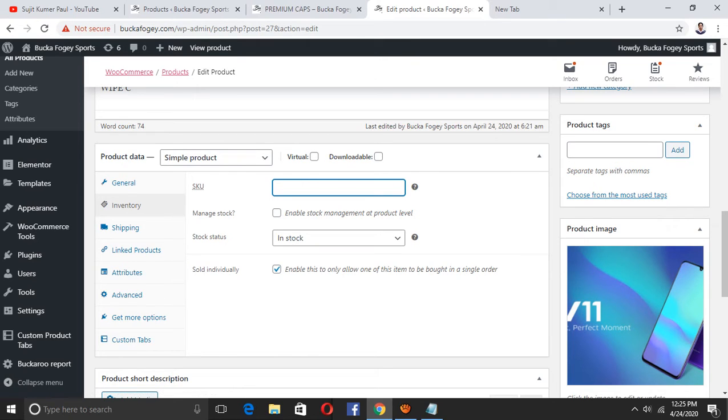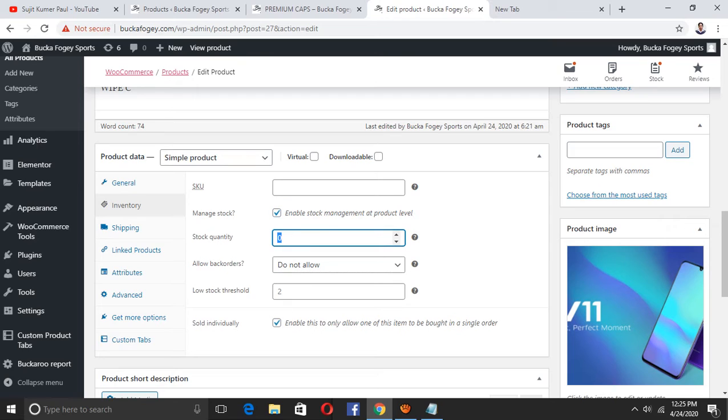But if you want to set how many products are available, just write the quantity here. When the 4 caps are sold, you can see it automatically showing out of stock. When you put the quantity here, it will automatically show out of stock when everything is sold, otherwise it shows the stock.